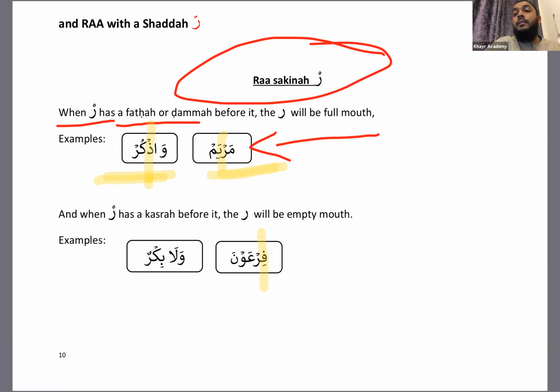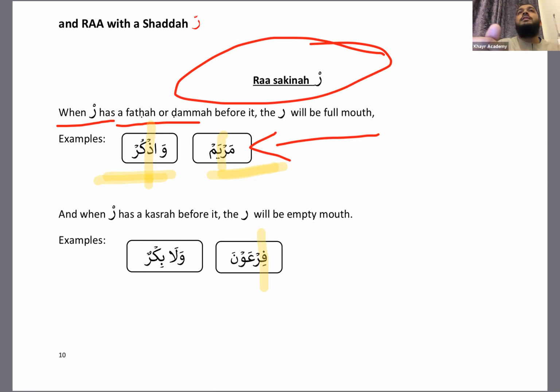That's clear, yeah? That's basically all the ra. I'm just explaining each scenario. Otherwise, if I say every time ra, if he's got a fatha or dhamma, it's full mouth, if he's got a kasra, it's empty mouth, then you can say, what if he's got a shadda? What if he's got a sakin? What if you're stopping on the ra and you put a temporary sakin? What do you do? There are so many scenarios.